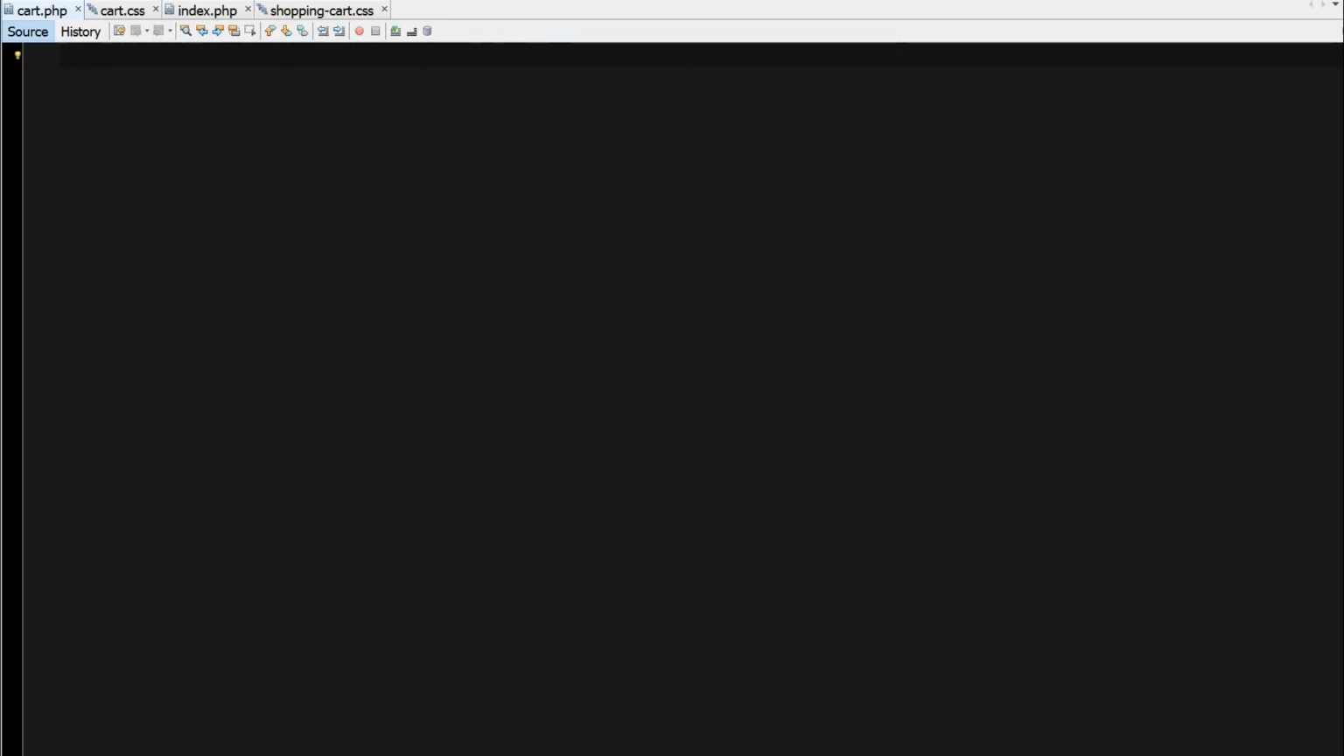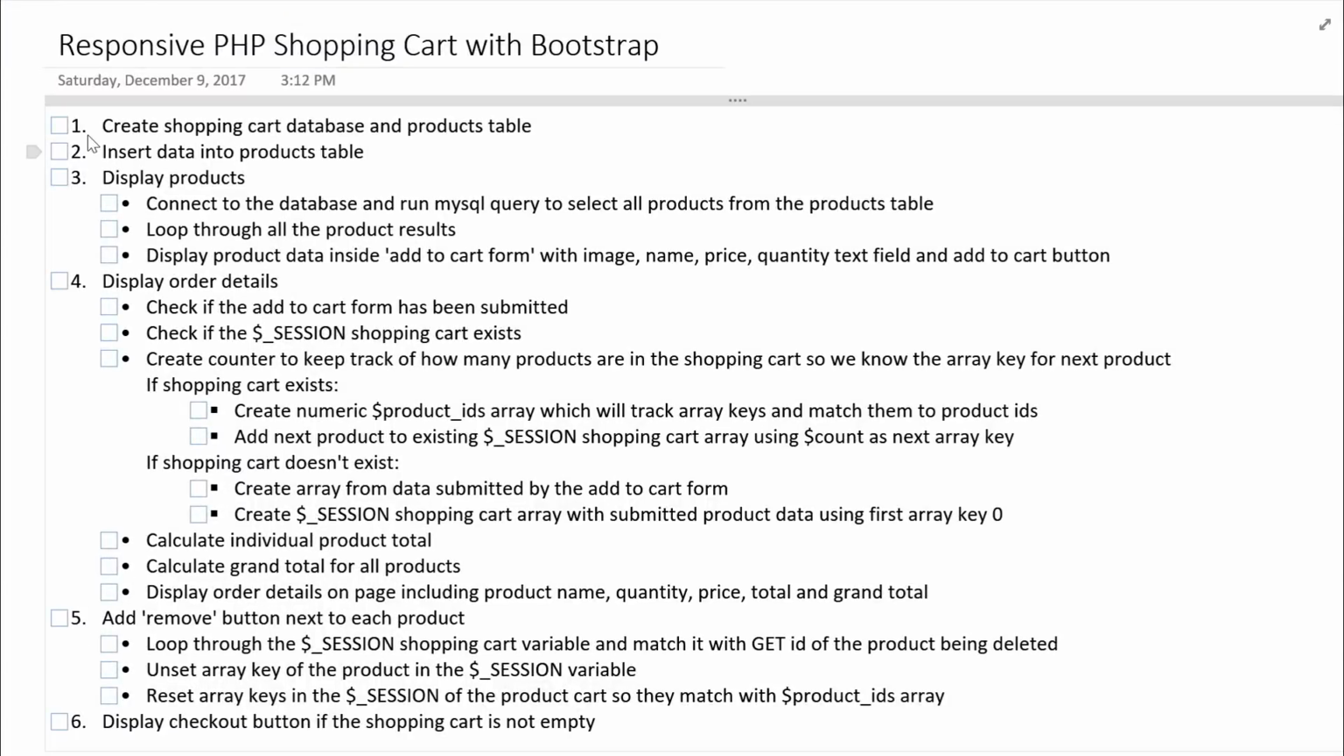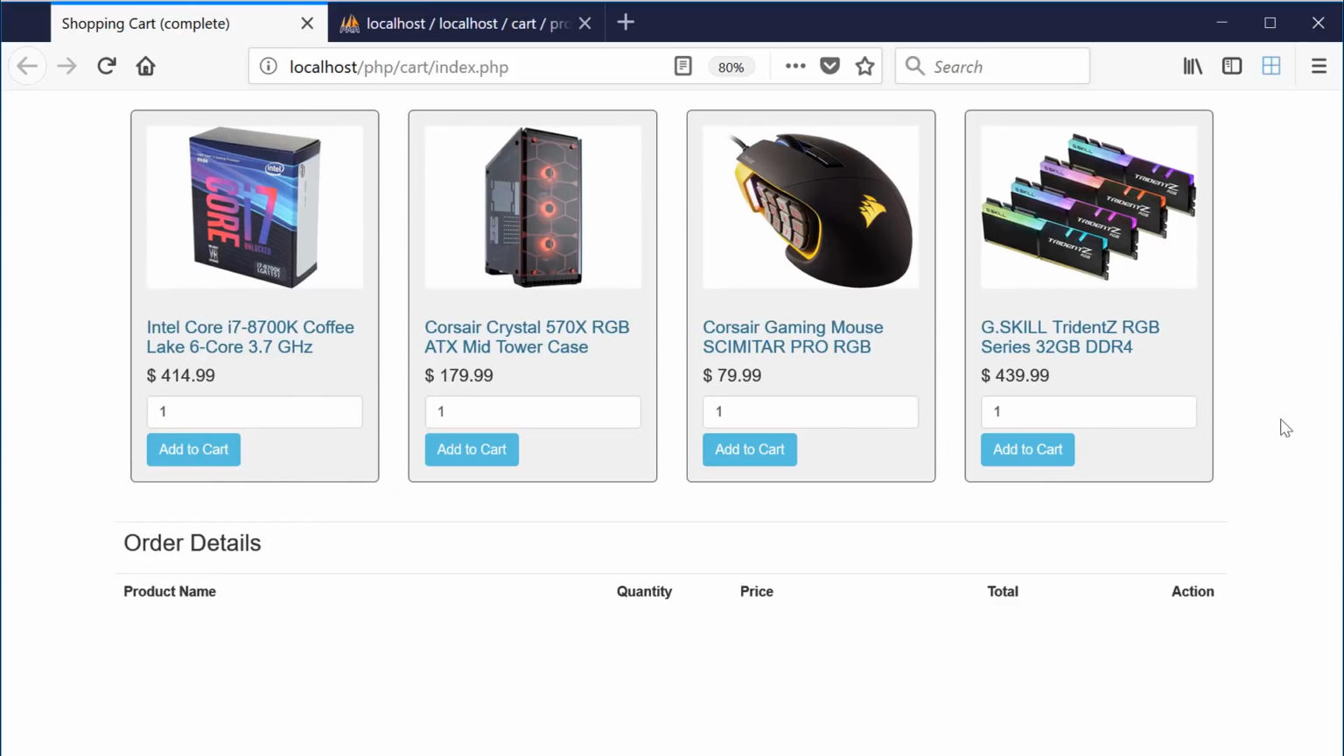Okay, so at this point we have created the database and products table. We have also inserted data into our products table. The next step is to display our products. And when we complete this next step, which is displaying our products, our shopping cart is going to look like